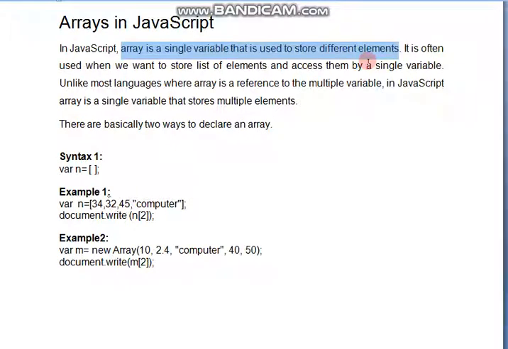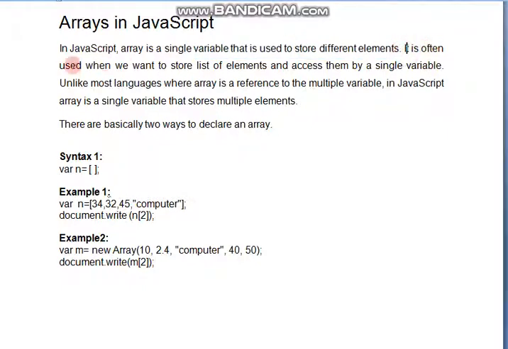In C, in C++, in Java also we learn the same concept. But in C, C++, Java, in an array variable we can keep only similar values. It means if the variable is declared as integer, int, then only integer values can be provided to that array variable. No other type of values it can receive or accept, but in JavaScript it can. Fine, that's why it is saying it is used to store different elements, meaning different types of elements.